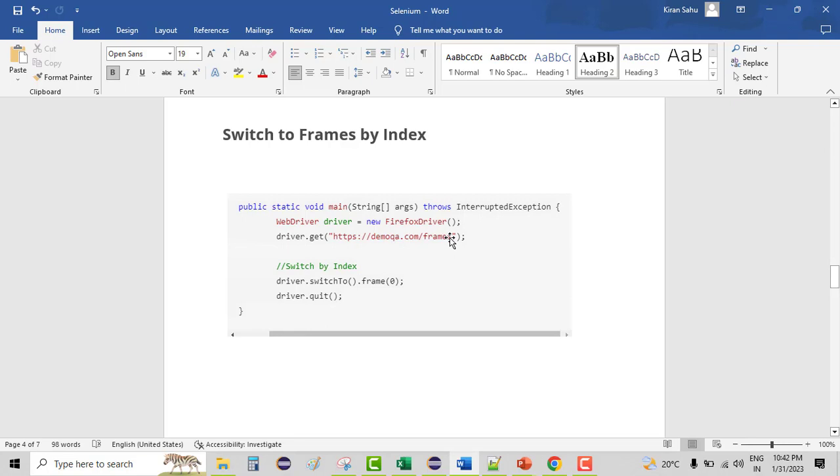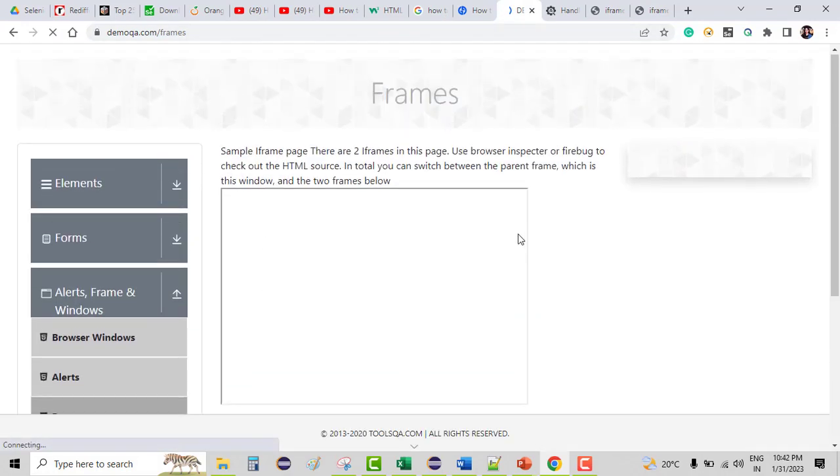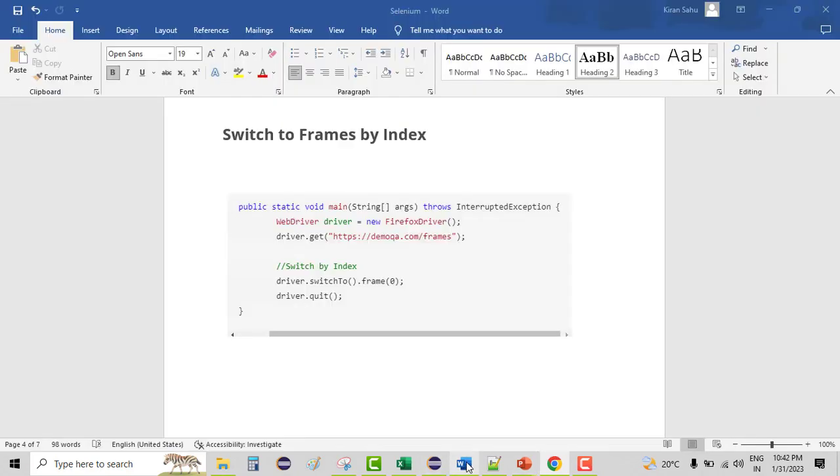Let me open this URL, demoqa.com. This is the URL which we want to access using the code. Yeah, so this is the URL. It's having different frames in it. Okay, now going back here,